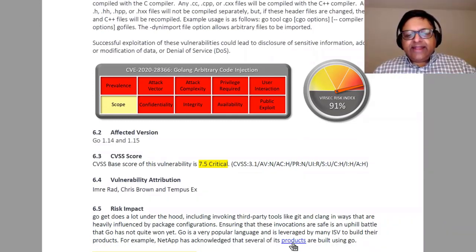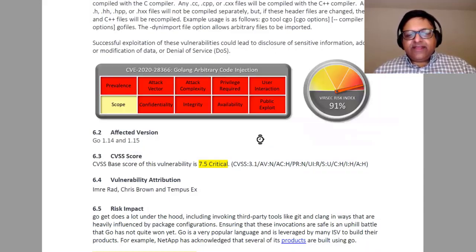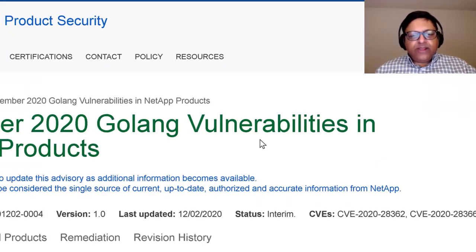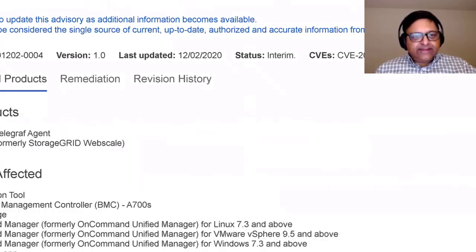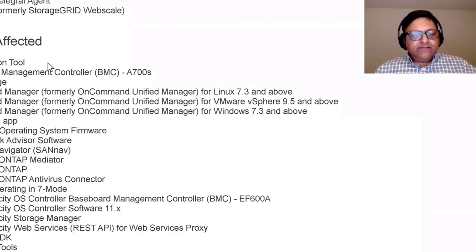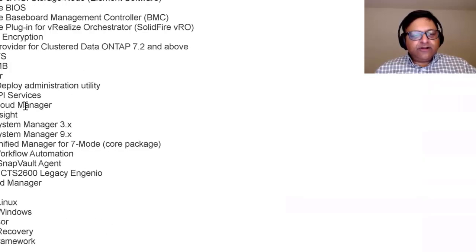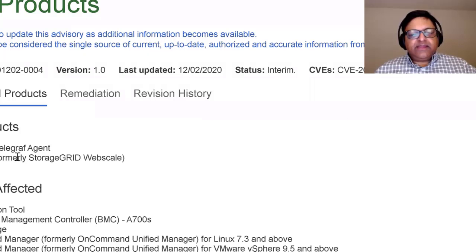I was looking at a NetApp link out here. If I were to go to that particular link, I would see the consequence on NetApp is that, look at the number of products that are affected here. Let me flip to that here. Look at this list, Willie. Products that are affected. These are the 3 products that are not affected. Is this long list here? Anybody who's using these products would be well advised to, on very short notice, they'd have to release patches for this. That creates a whole bunch of churn at